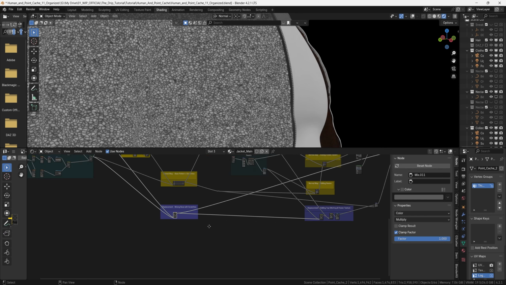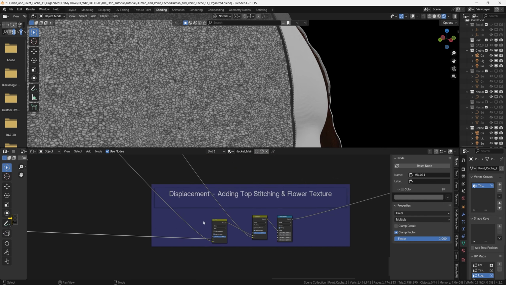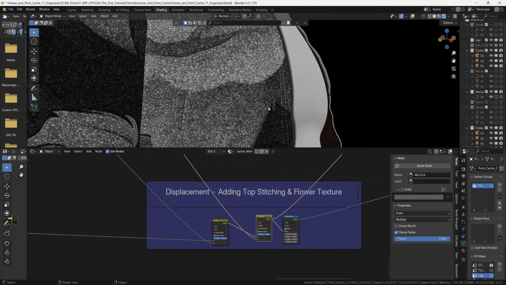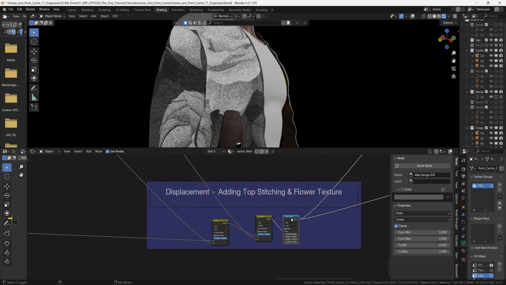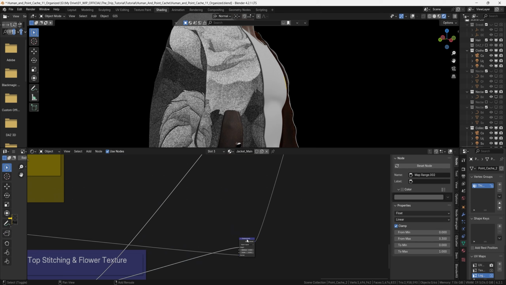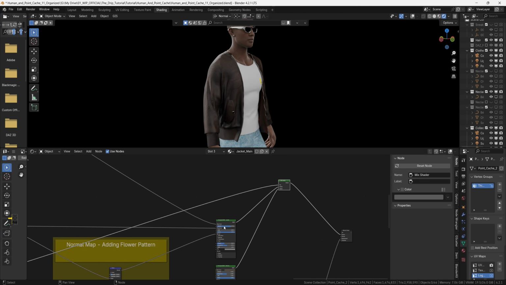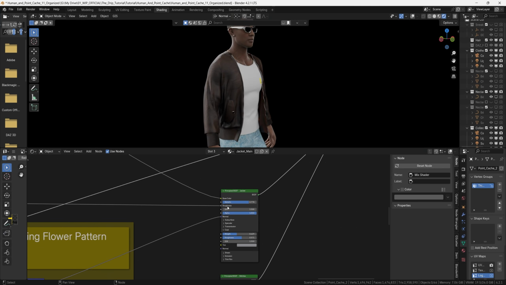And then we take that value and bring it into another mix node where we're adding the top stitching. And then we multiply that with our flower texture. We modify the values a tiny bit with the map range, and we bring it into the displacement texture here. So now you hopefully have an idea of how we created the base color, the roughness, the normal map, and